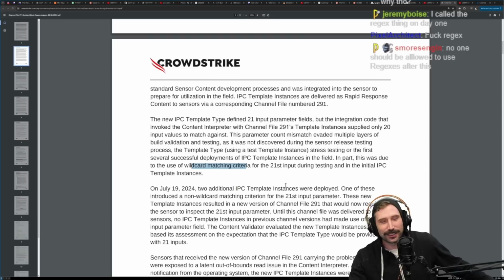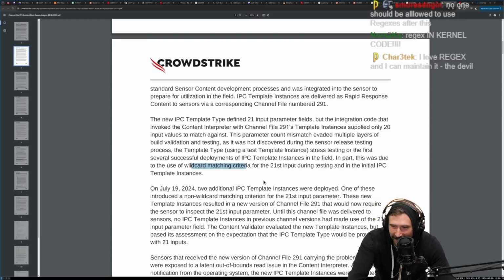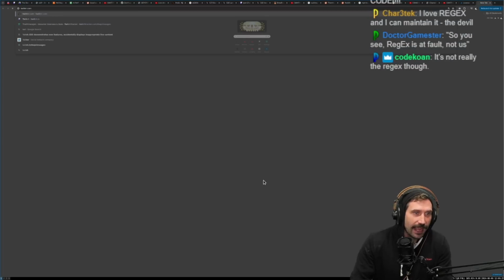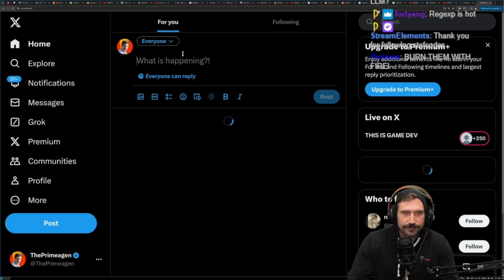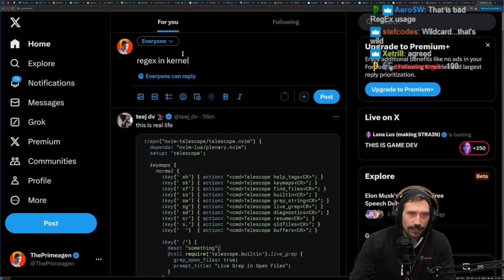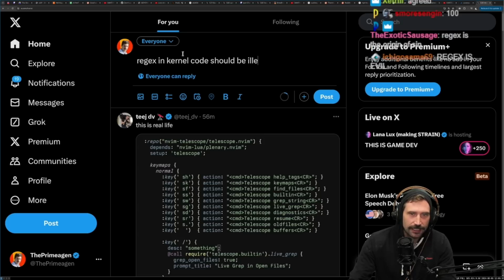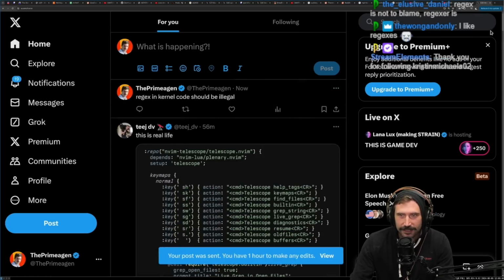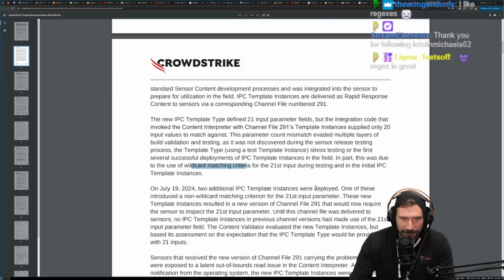Regexes on parameters, people. Regex in kernel code should be illegal. And I'm going to tweet that now. Regex in kernel code should be illegal. Boom. Posting it, right there on the internet for all the internet to see.